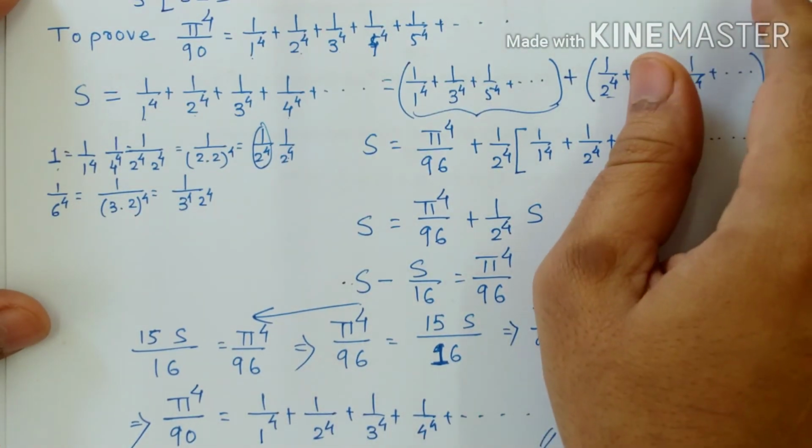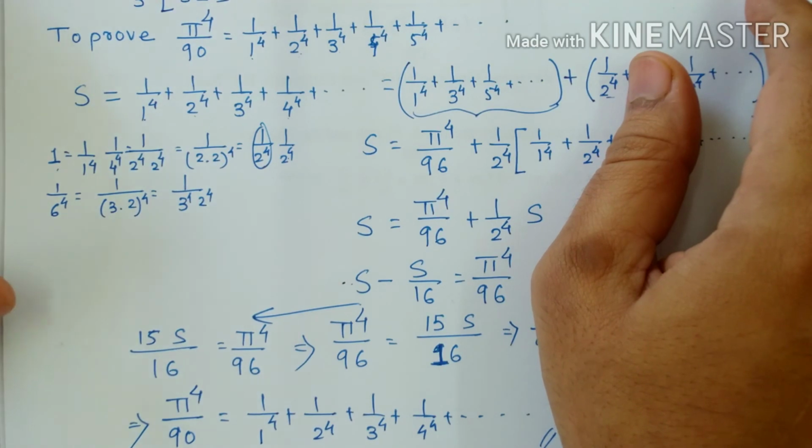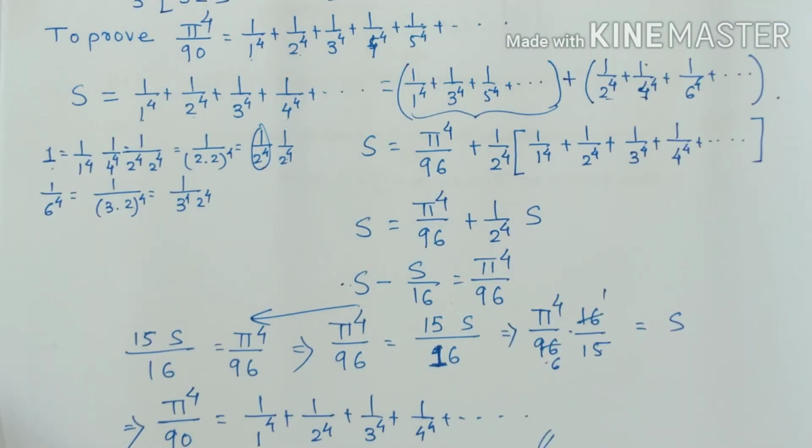Okay, so this is all about the problem based on the half range cosine series. So this is all about your Fourier series chapter. Whatever is expected in the syllabus, I have covered all the points. Still, if you are having some doubt, you can post it on the WhatsApp or the email.